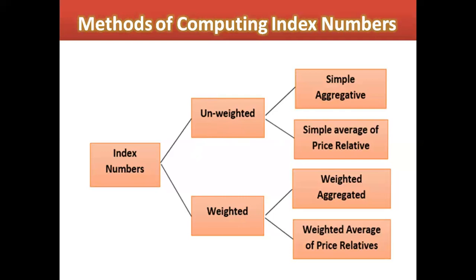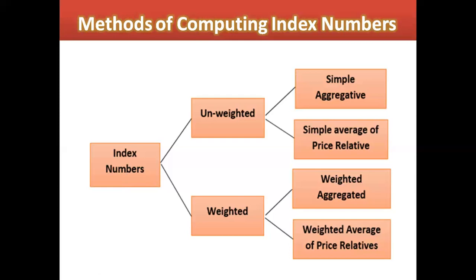And with the weighted index number, we assign weights to each and every category, through which we can differentiate among the value of each and every commodity. That's why we apply the weighted index number. But proper weight assignment again remains a challenge. That's why sometimes we also go with the unweighted index number. That's why these methods are given.